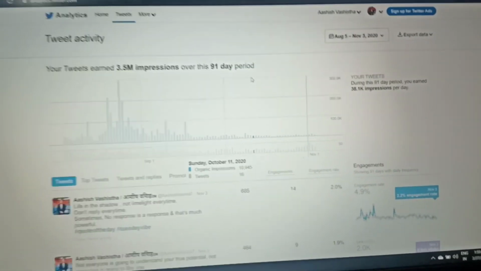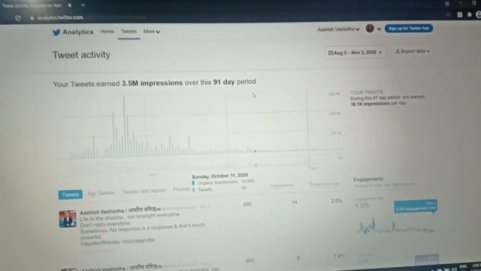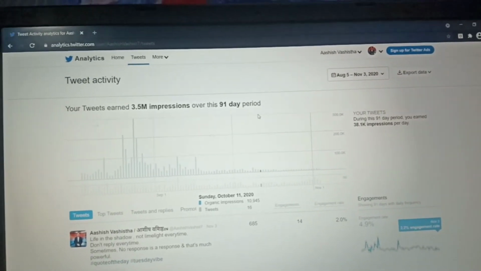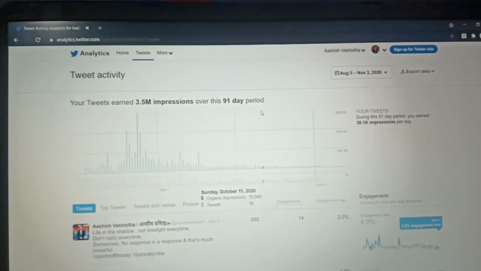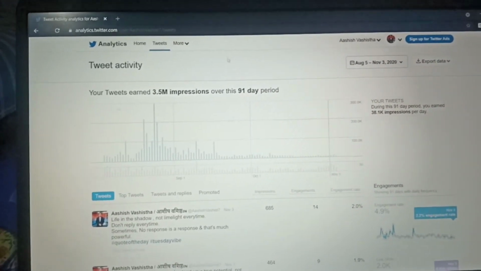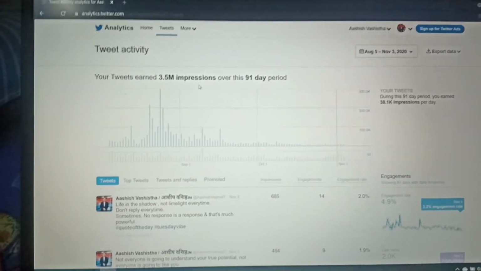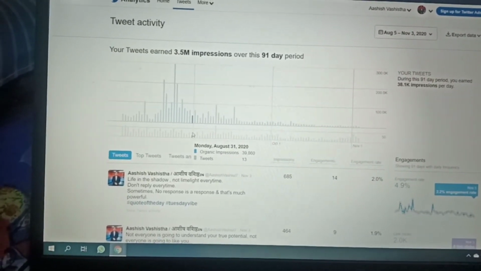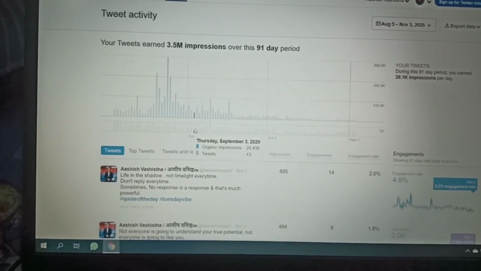So these are the impressions from August to November, and this is really impressive for me because August is also my birthday month, and it was like a surprise for me because I have raised my voice on education. I have already tagged Mr. Ramesh Pokhriyal Nishank because I was raising the issues of the students of this country. So I got brilliant impressions. 3.5 million means my tweets were read by more than 30 lakh people across the nation. This is really surprising, and this tells us that on Twitter we start with very small engagements, but we can build our audience if we really write neatly, if we really write something important.